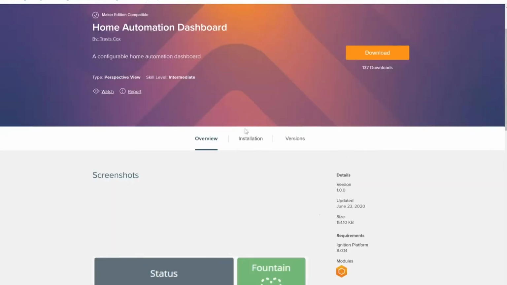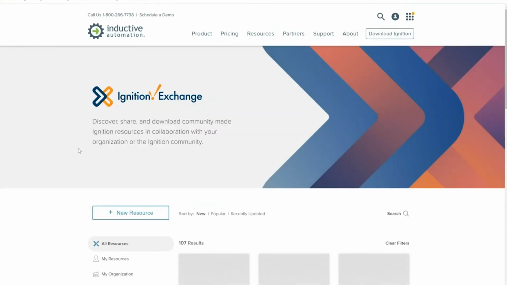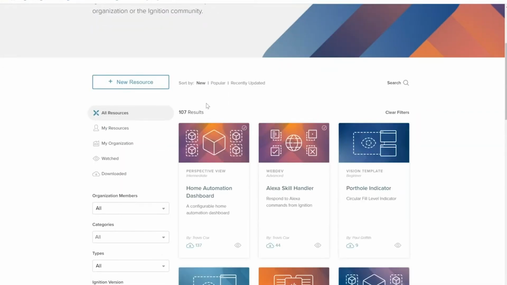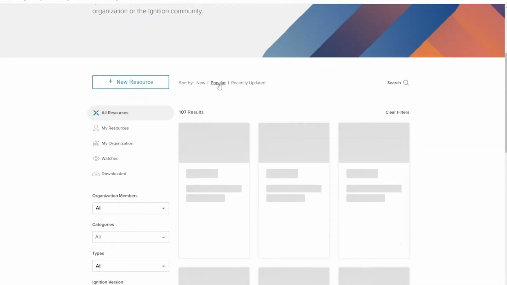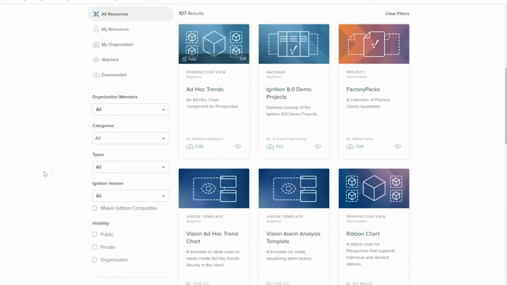So let's actually go back and check out a couple more of these. So we can do that and then go right back to the start here. And let's actually just look at what's the most popular resources here. What do people like to use in the Exchange? So right away we see some trending, we have some analysis and charts, as well as even the Ignition 8.0 demo project. So the entire demo project, including the perspective demo